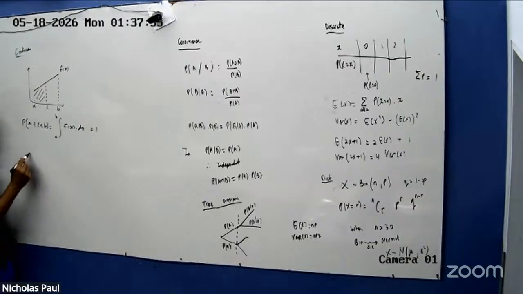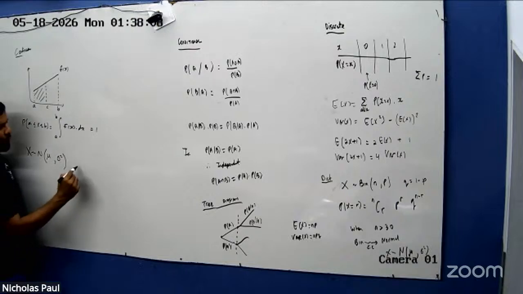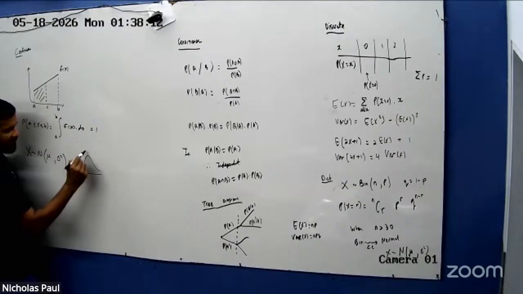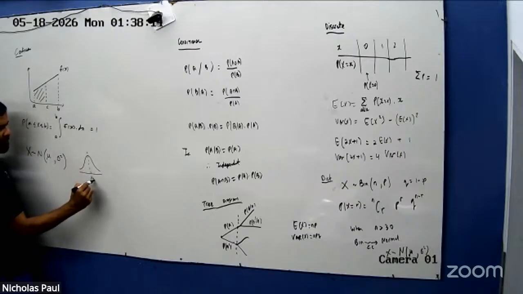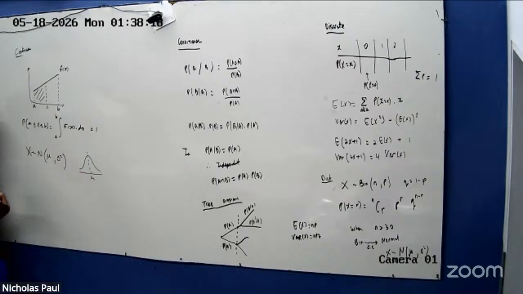The main distribution that we're going to look at is the normal distribution. Two parameters are mean and variance. Those are your two main parameters. We know what the normal looks like. That's the normal distribution. This is the mean, and your variance is how far away you are from the mean. The one that we focus on is the